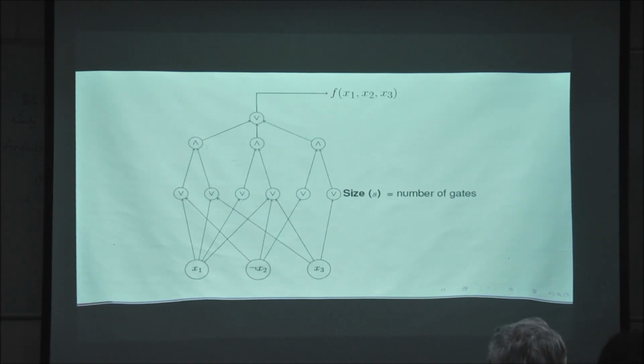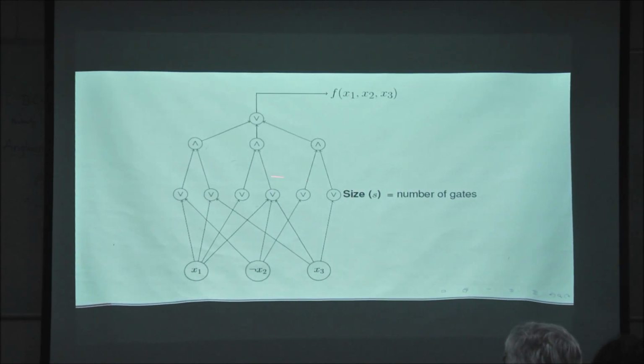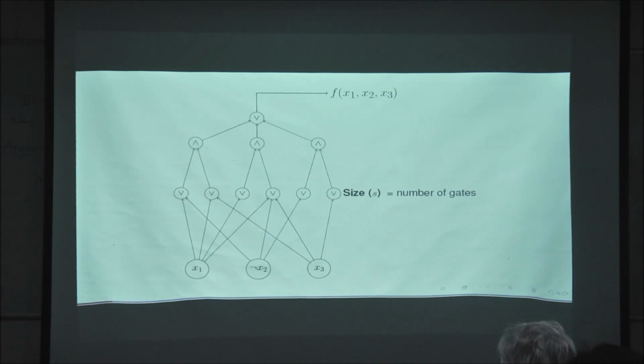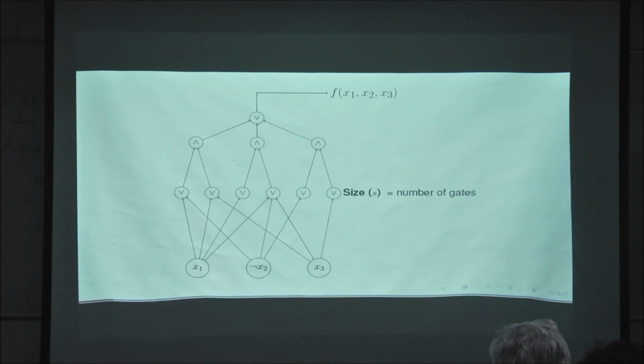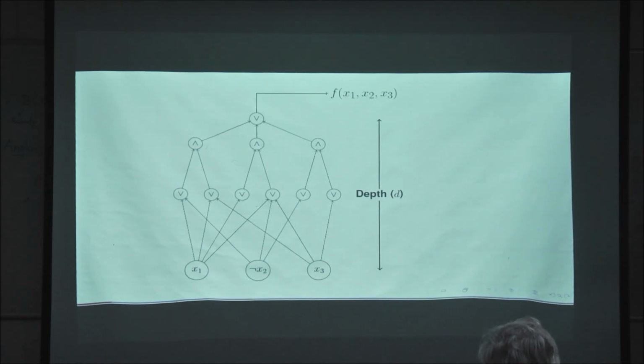When we look at an AC0 circuit, the main notion of complexity that we consider is the number of Boolean operations performed by the circuit. This is the number of gates, the number of OR symbols and AND symbols, all together. That's the size of the circuit, and that's what we're really interested in minimizing. An efficient circuit might be a polynomial size circuit, so we want to know if a function we're interested in has polynomial size AC0. The depth of the circuit is again an important parameter, and here the depth is a constant. Throughout, think of the depth as like 10.